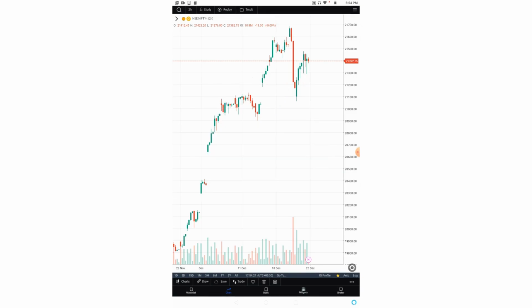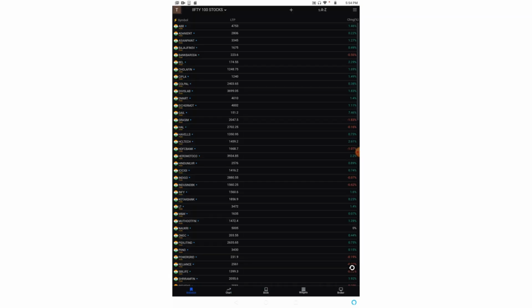First of all, we will start from the bottom. Let's click on the watch list. On the top left, you will see the profile and billing section. If you click on the top left, there is a T written. If you click on that, your profile and billing section will come. And this is your watch list. You can change your watch list from here.